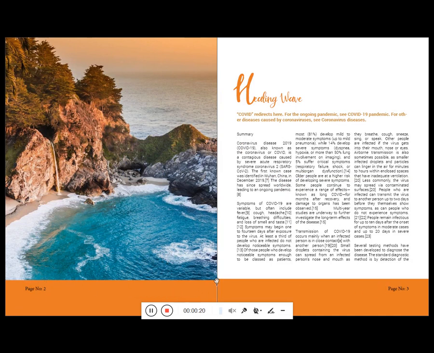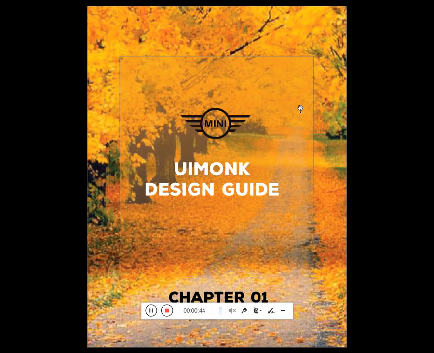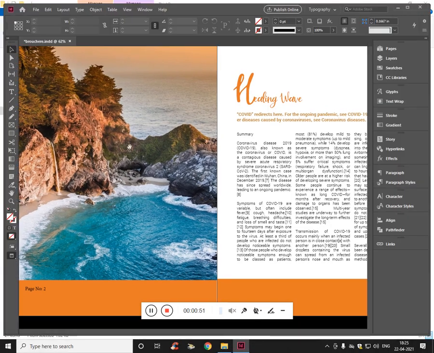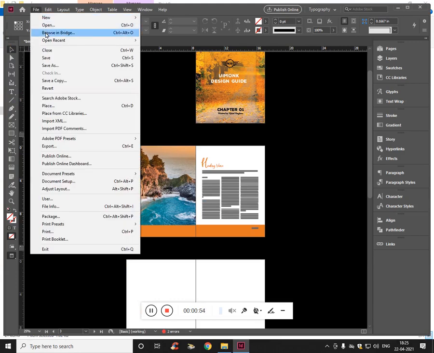You can see this is page 2 and page 3, and we have added the paragraph in the form of columns, and you can see we have changed the subheading. This is the summary text, and this is the quote related stuff. It is in a different language, so a different font, and now this is the heading. And along with that, we are going to see how to add the transparent block. Fine, let's get started. The very first thing, we have to create a document: File, New.